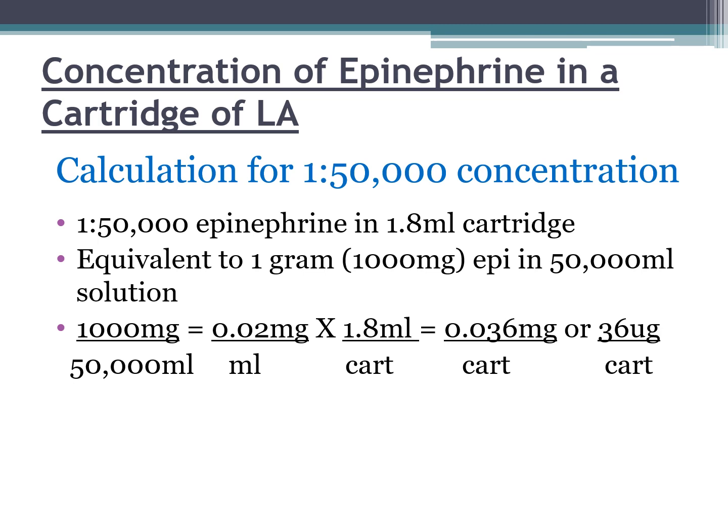It is equivalent to 1 gram, or 1,000 milligrams, of epinephrine in 50,000 mLs of solution. So the calculation is 1,000 milligrams for every 50,000 mLs of solution, which is equal to 0.02 milligrams per mL, multiplied